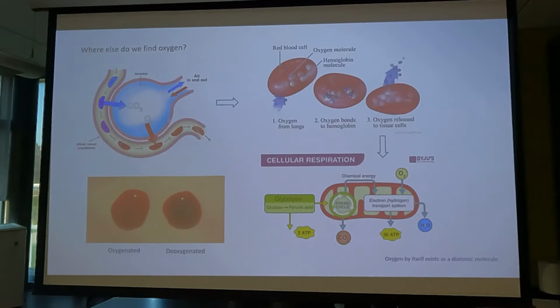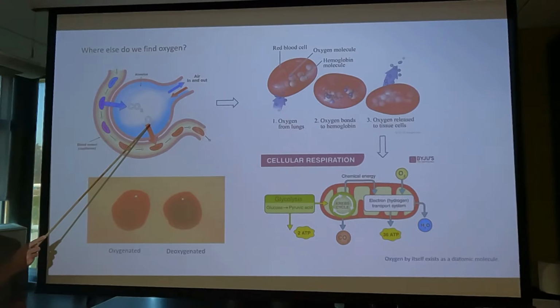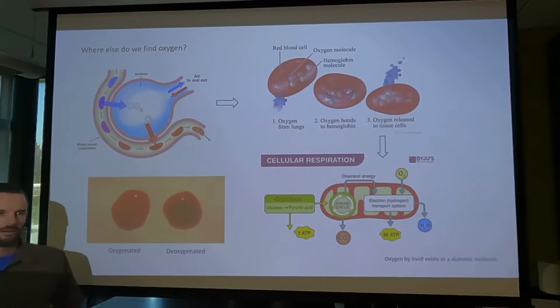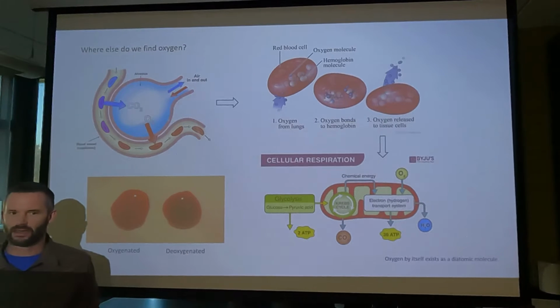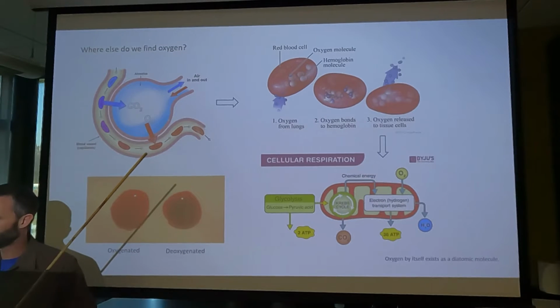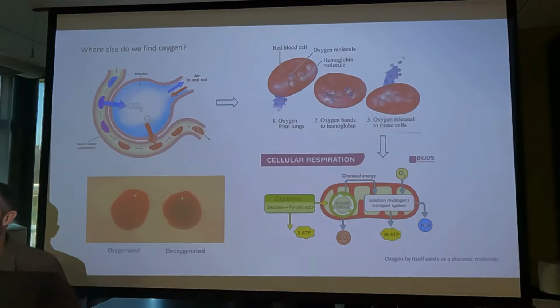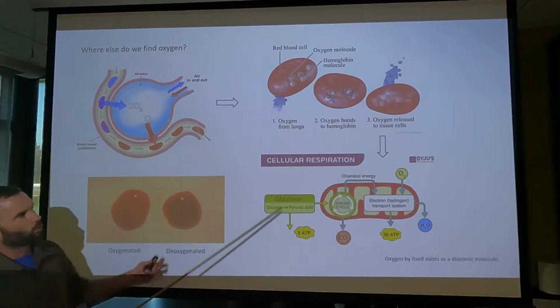Something else I want to point out about oxygen is, when oxygen exists on its own, what do you notice about it? Does it travel by itself? It's bound to another oxygen. So I think the term for it is a diatomic molecule, where when it's on its own, it exists in a pair with itself. So O2. When it bonds to hemoglobin, is it still O2? It is. Yep.